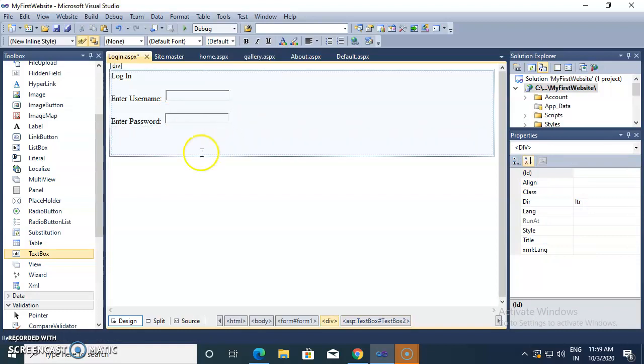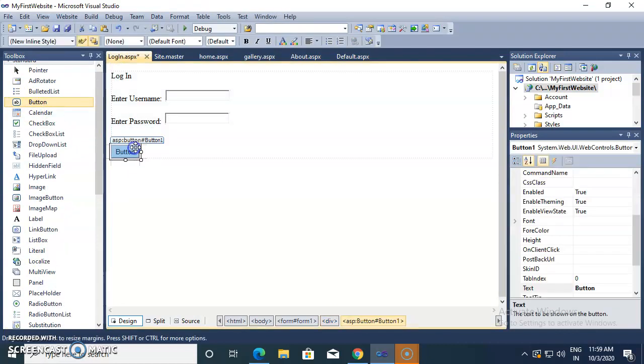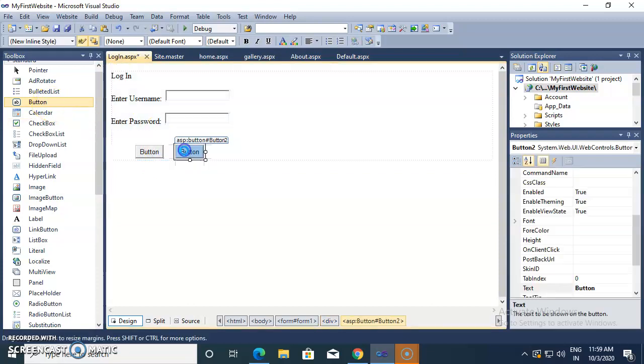Now after it, we need a button. I am using one login button here. So I am giving some spaces. After that, I want some spaces, and again I am using one more button.